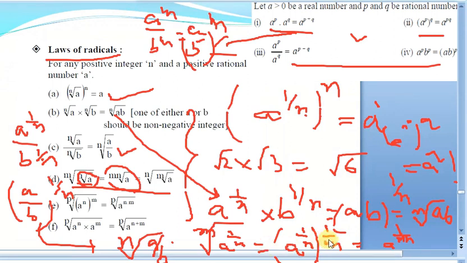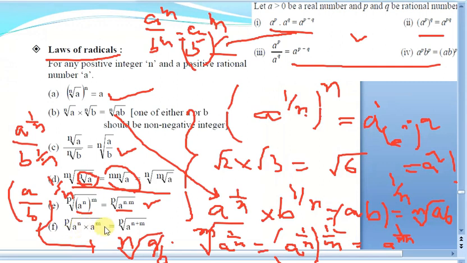Whether you multiply a into b or b into a, both will be the same. So that is why we can work like this. These two, we can see it is the pth root of a power n, whole power m. Just see the inside part here: a power n whole power m will be a power mn. So for the pth root it will be power 1 by p only. So that is how this works.